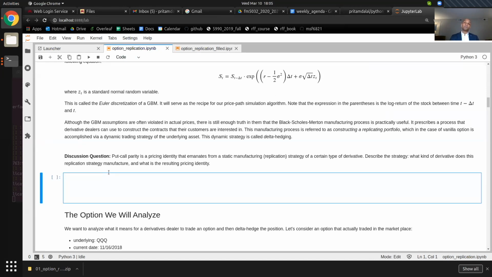So put-call parity comes from the observation that if you have a put and a call, both at the same strike and same time to expiration, and you have a long position in the call and a short position in the put, you end up with a perfectly linear payoff, i.e. a forward contract to buy. If you're long call and short put, that's a forward contract to buy at time T, or whatever time in the future, at the strike price K, or the forward price K. And so that leads to the following